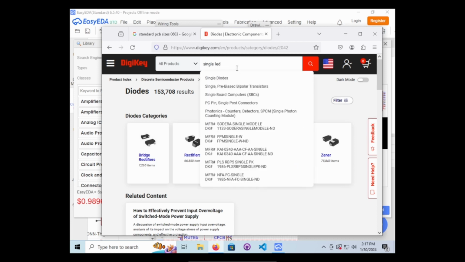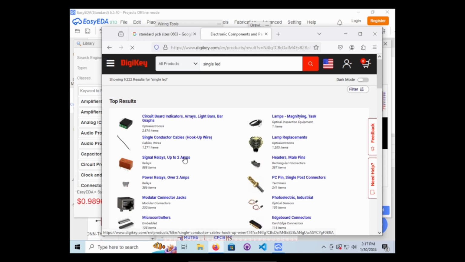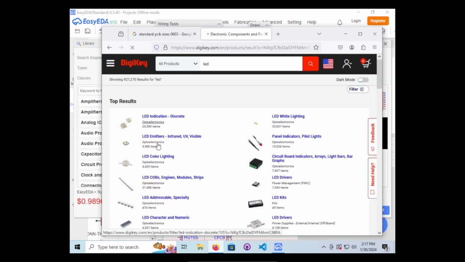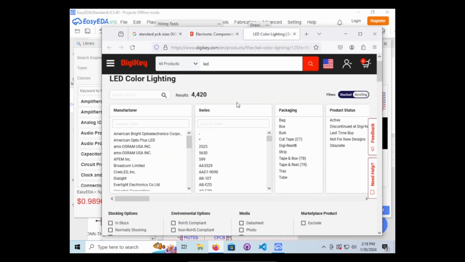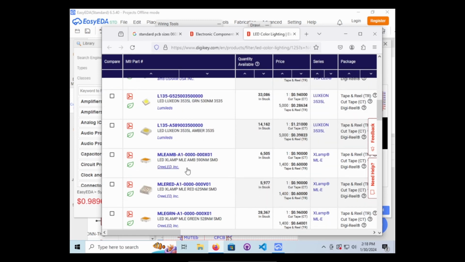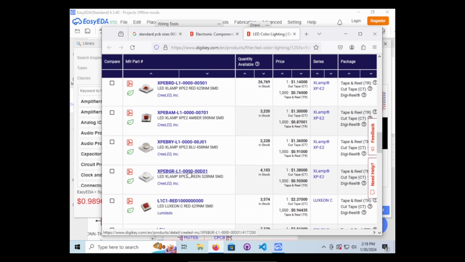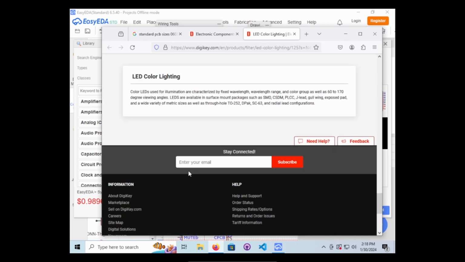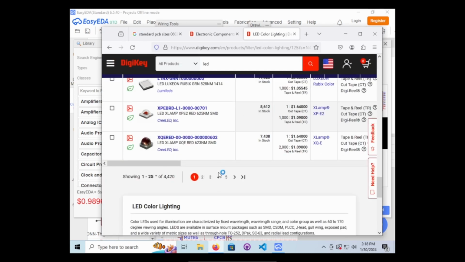Let's see if they have a single LED. Oh. Okay. Yeah, let's check out this one. So we don't need drivers because we're only doing one LED. We're doing a very simple design. We just literally want one LED. And I was trying to find something that wasn't surface mounted, so these are all surface mounted. I'm trying to find something that if you were to do it yourself,